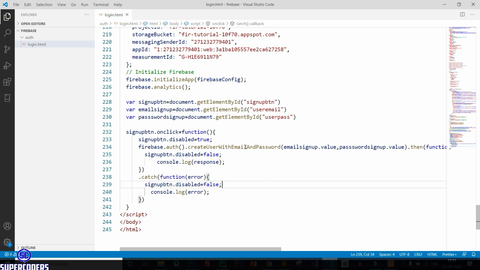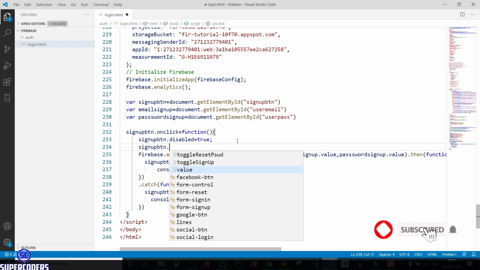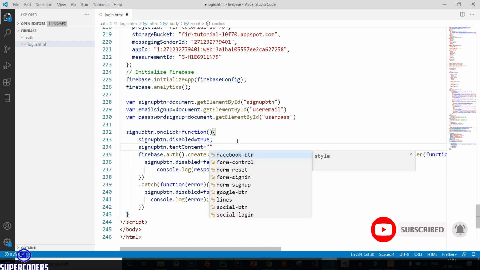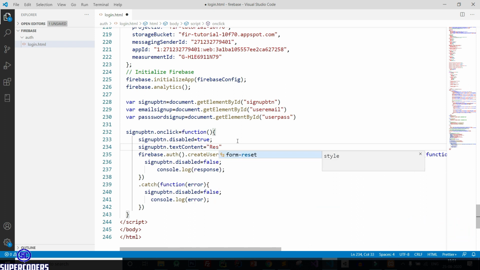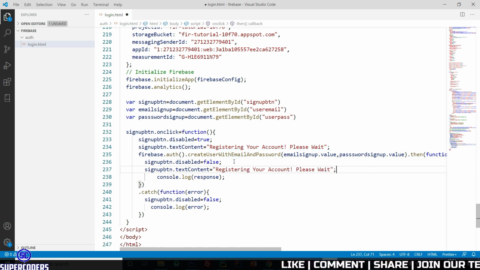Save it, and here changing text to sign up button dot text content: registering your account, please wait, and change this to sign up.